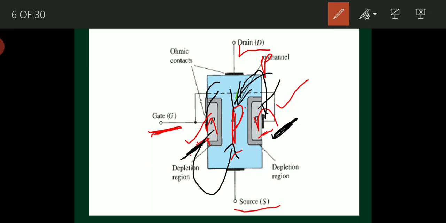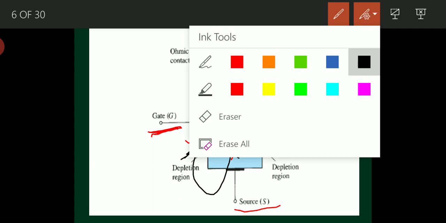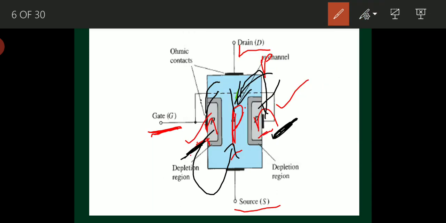So eventually, at this junction of p-type and n-type, two depletion regions are formed here in the schematic.